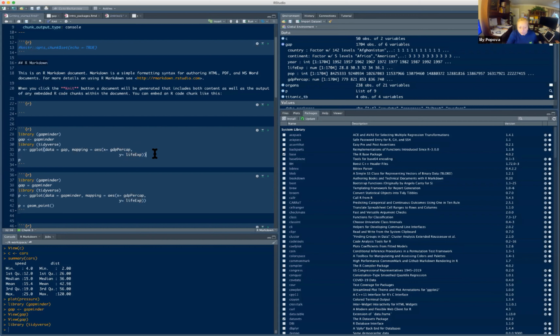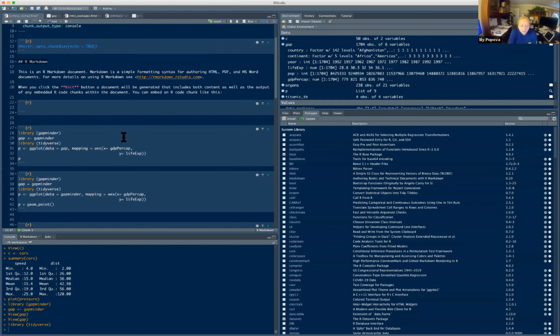Okay. So far is very simple. All we ask is, this is the data that we're gonna use, and these are the x's and y's. And the mapping function, this is an essential function. You're telling RStudio, we're gonna map the following axis into this plot. The function aes is what you use in order to provide the mapping to your plot. So if you run this and it's on,